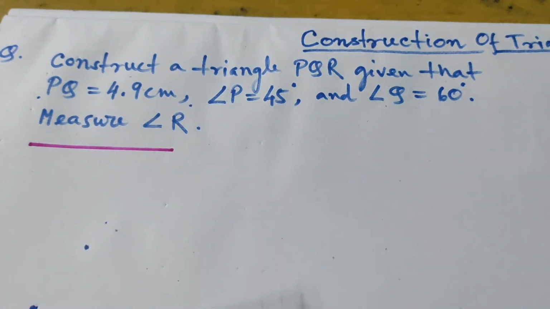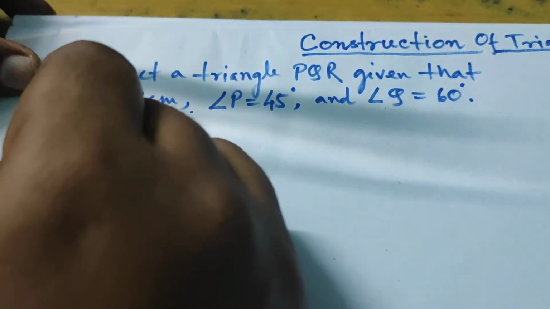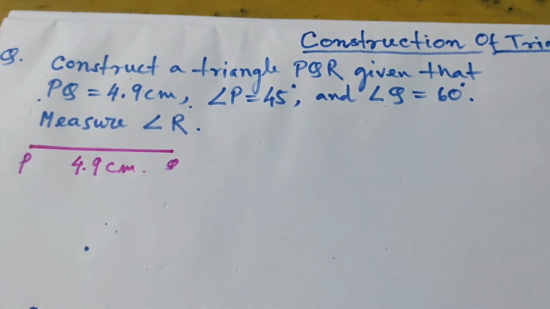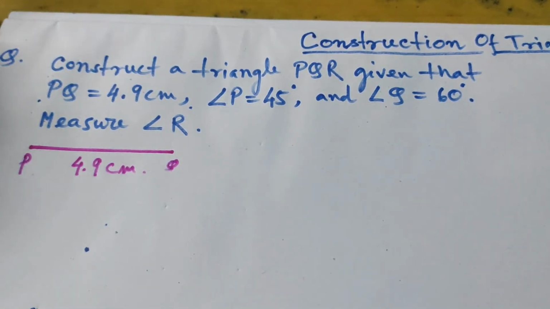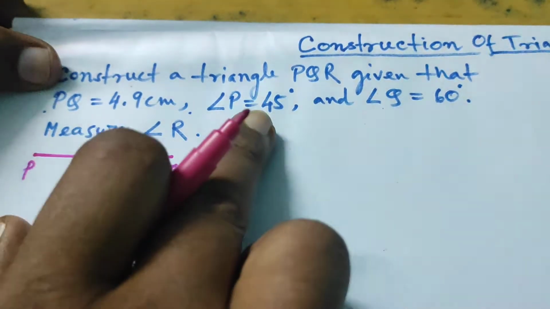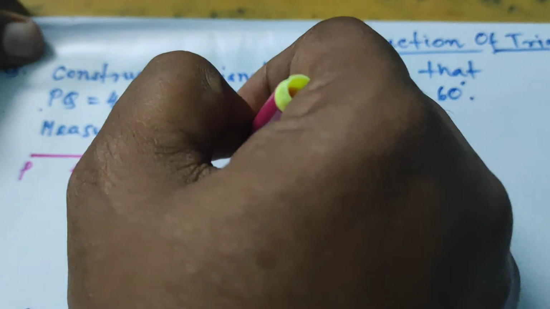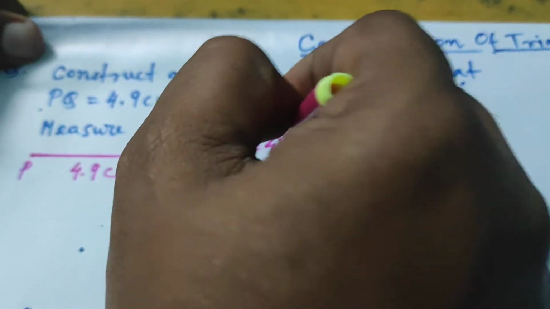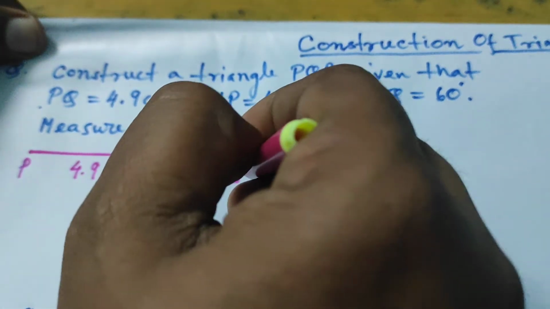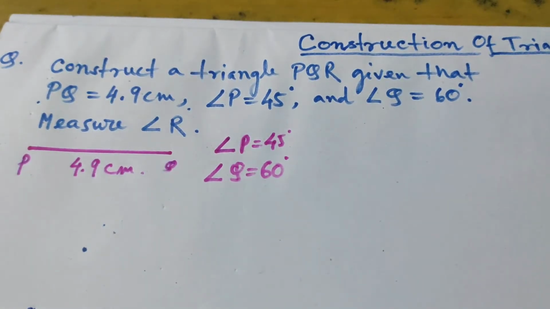Angle P 45 degree and angle Q 60 degree are given. Now as you can see students, both of these angles are multiples of 15 degree. So for drawing these angles P and Q in the main construction, we will just use our protractor. Okay, we will not copy the angle 45 degree and 60 degree. We will just draw these two angles using a protractor. So students, this is the information given. Now it's time to proceed for drawing the main construction.